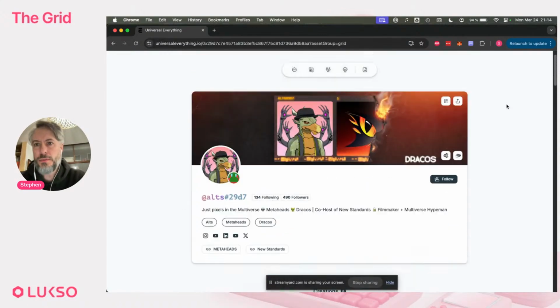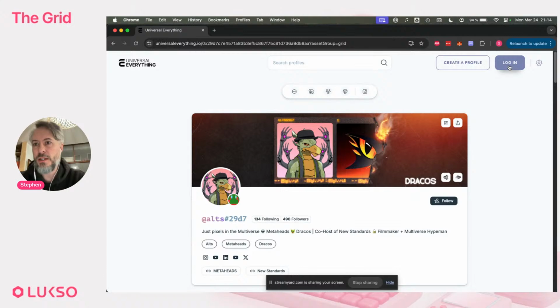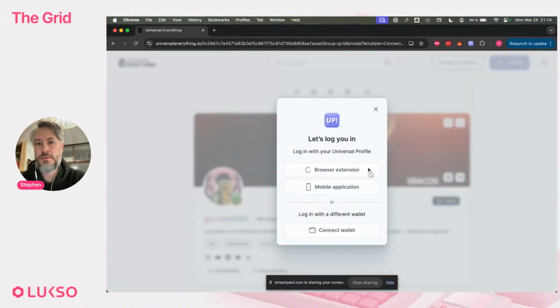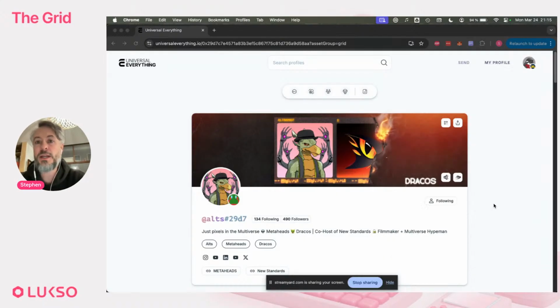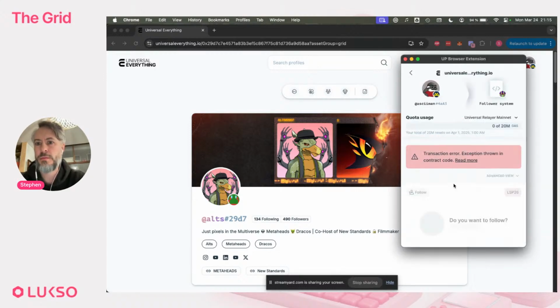And what I can do is log in to this website. Okay, and it's going to connect. This is a very similar experience to when you connect MetaMask to a DeFi dApp. So I'm going to select my account, my profile, and now you see that I'm connected here.